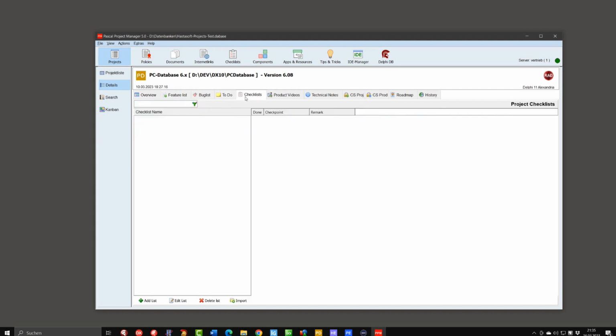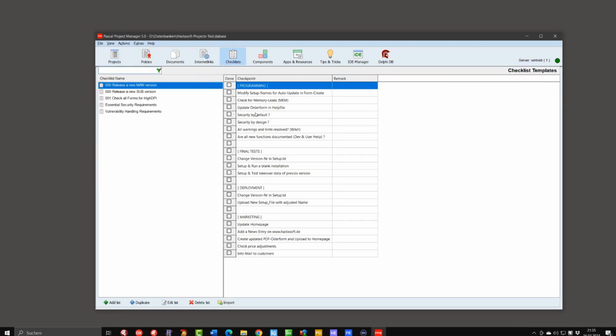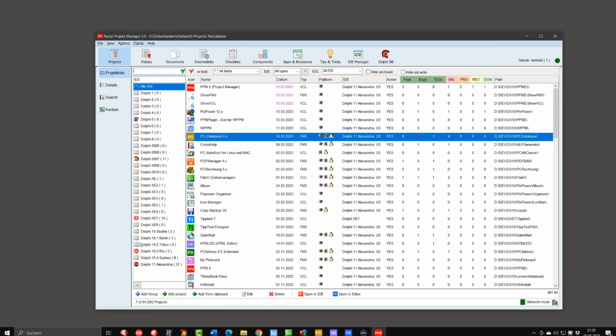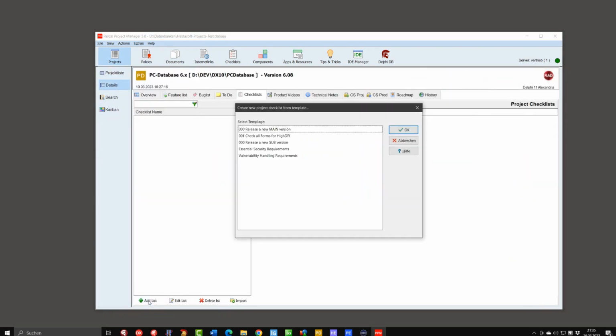But then we have the checklists. At the moment there are no entries. You first have to collect them here in the overall checklist templates, and then you can simply add a checklist here and press add list,